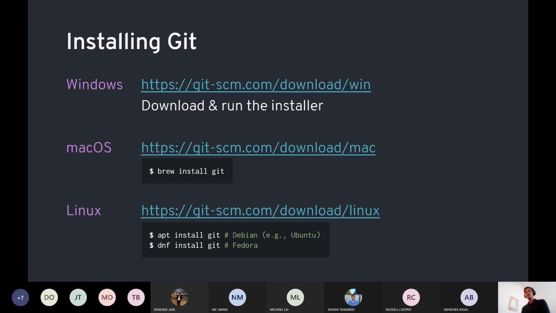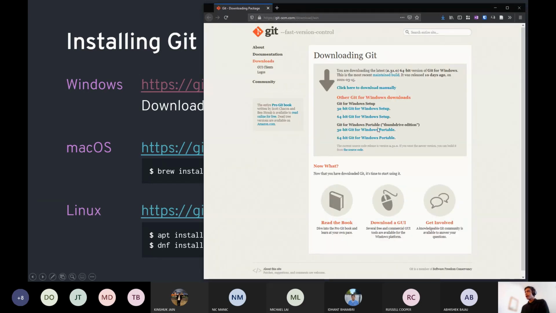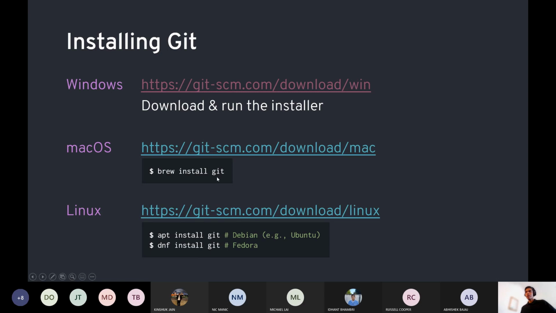So the way you install Git on Windows is a bit more involved than on other operating systems. On Windows, you'd visit git-scm.com/download/win, and you download their installer and run it, and you should be fine. On Linux and macOS, installation could really not be simpler. Literally run whatever the command is for your package manager. So if you use Homebrew, it's brew install git. And depending on the distribution of Linux that you run, it will be something like apt install git or dnf install git.